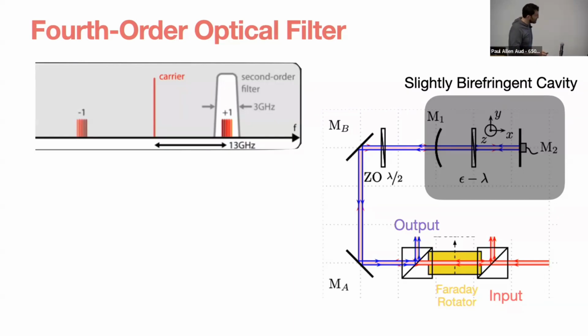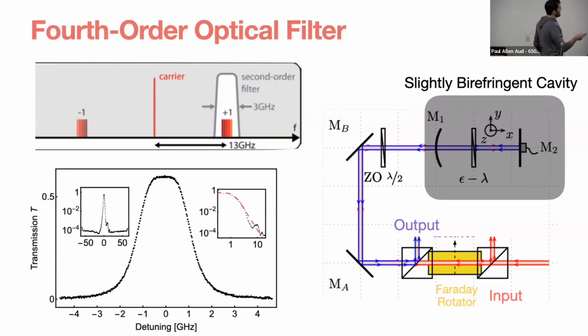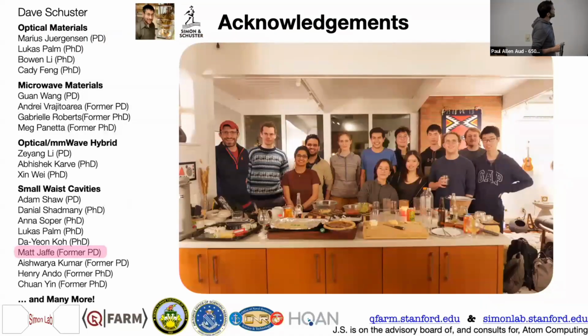But it's quite amazing. When you do this, you get a cavity with a really clean 1/delta to the fourth suppression outside of the resonance, and within the resonance, you get this beautiful flat top. And then you send light in a superposition of the two polarizations and look at the reflection in the opposite superposition, and it just goes. So anyway, I think that's probably a good place to leave it, except to say that this work is the